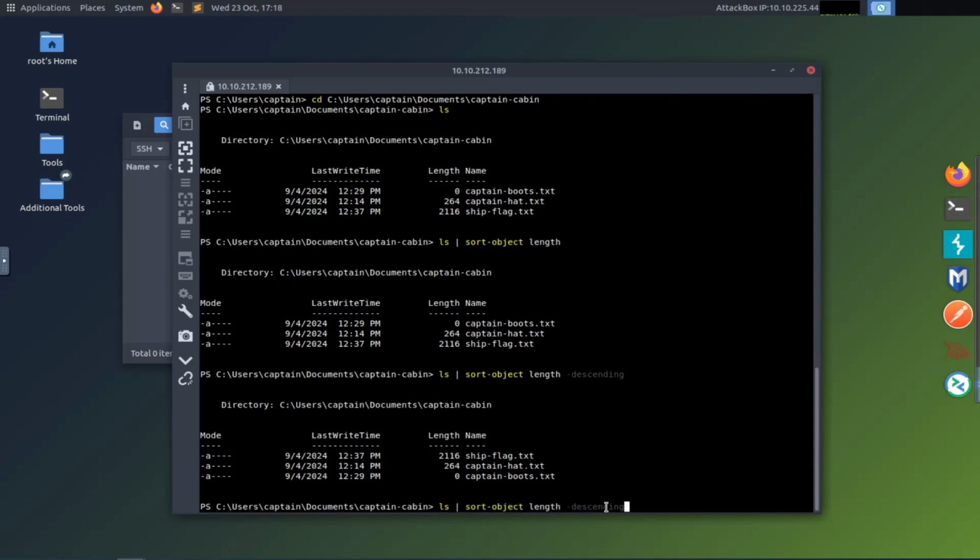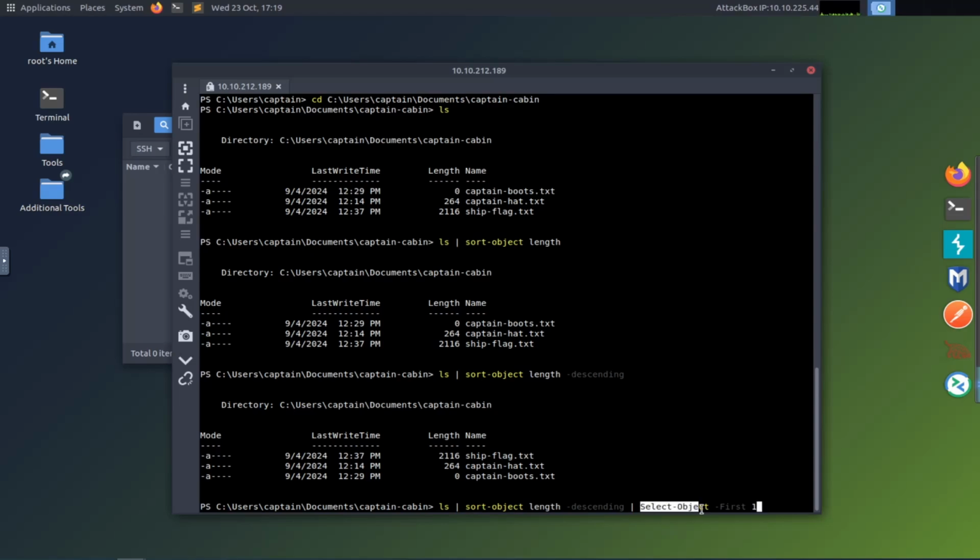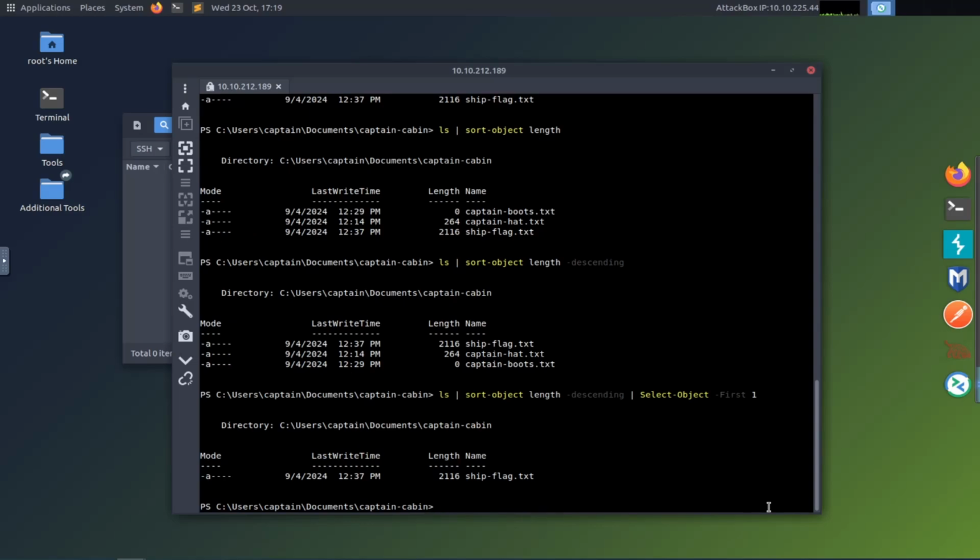And then, by the way, I'm hitting the up arrow to get back to the command that I had written previously. So now that I have that, I want to pipe it. And what do I want to pipe it into? I'm going to Google, is there a way to select the first file in PowerShell? So I just asked Google if there's a way that I can just select the first file in PowerShell, and it gave me first or select object and then -first 1. So I'm going to copy and paste that. So this is what Google told me to do. Select object -first 1. So then if I enter all that, it gives me the ship flag.txt, which is the longest